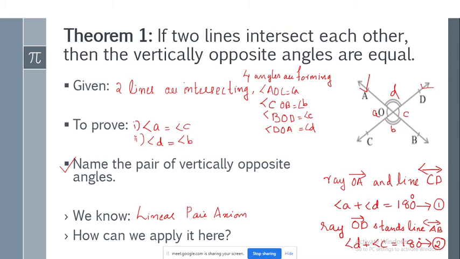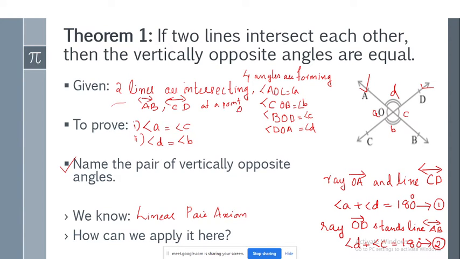So the first thing was we wrote down what we were given in the question. We were given that two lines are intersecting. So we took lines AB and CD, which are intersecting at a point